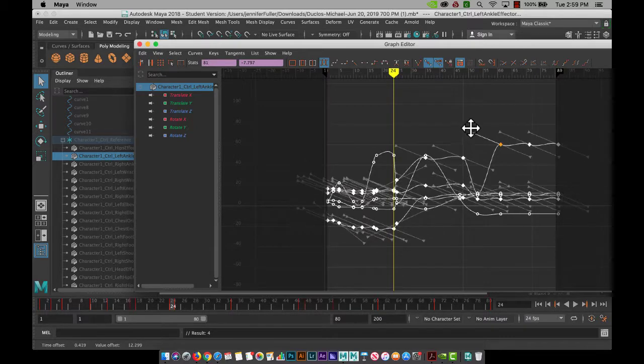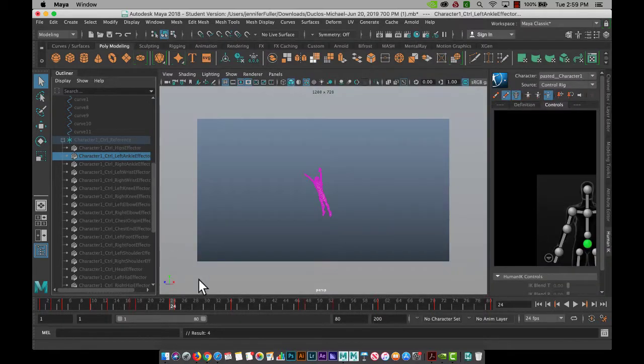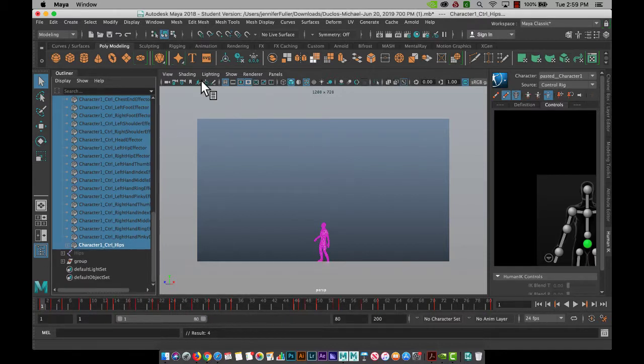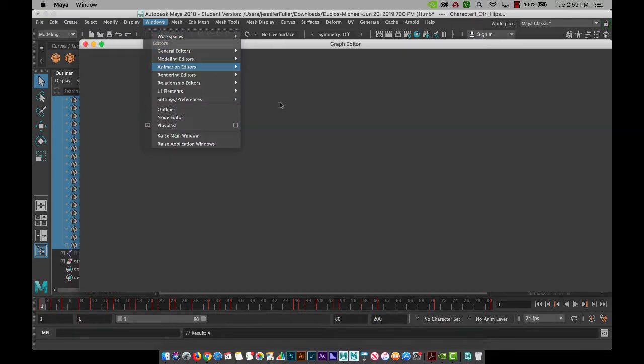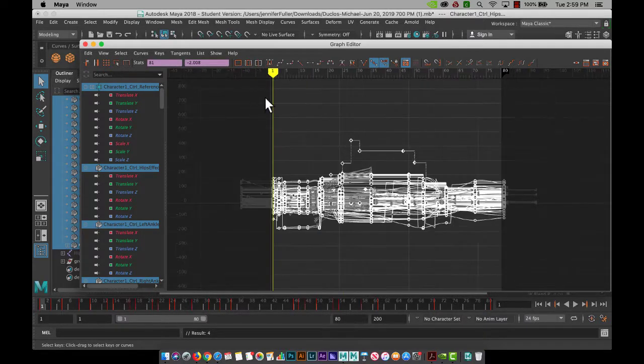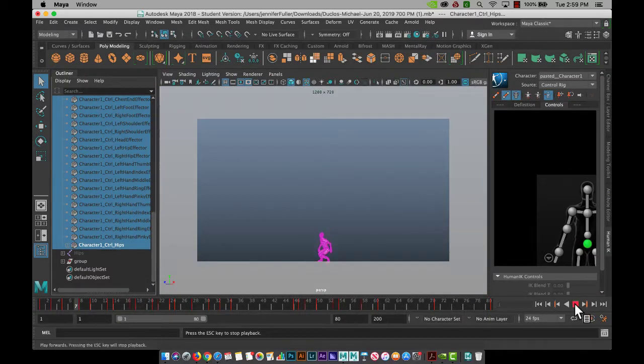You can see now that we get handles, which you can kind of change the angle of your hill there, but we won't worry about that too much. And if I grab all of these and go into your graph editor here, and I'm just going to select all of them and go to our auto here, which kind of rounds them out. You can see it's more fluid. Now there's some repeating keys here, which kind of holds the character in place, but that's a little bit of a closer look at the graph editor. Hope that makes